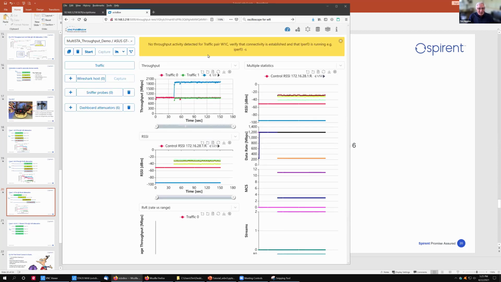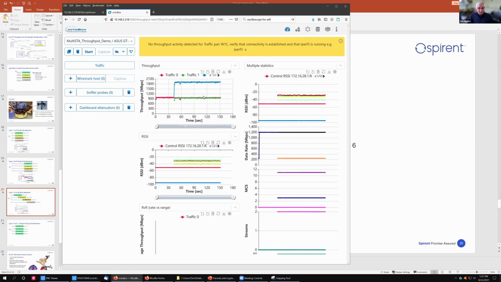But at least so far, in the last scenario we had one station associated to one radio, and the second one went to the other radio. The real question is what happened. Now notice that, by the way, with the 2 AX stations, our throughput is now north of 1.8.